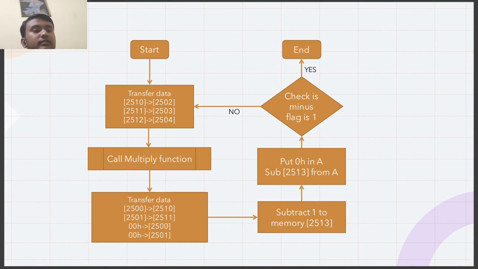Then we subtract 1 from 2513, as we are going to use it as an iterator. Then we put 0 in accumulator and subtract 2512 from accumulator, and check whether the minus flag is 1 or 0. If the minus flag is 1, then we finish the function, and if the minus flag is 0, then we iterate again.